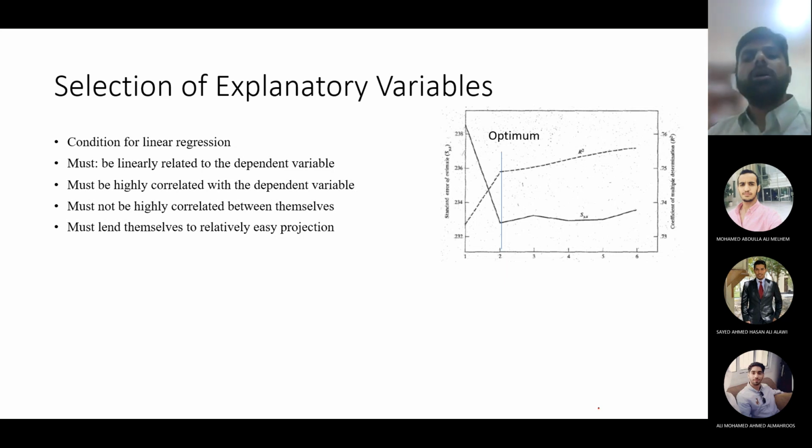Okay, so the variables which you are putting in the equation as inputs must be something which you can easily project, or must be something which you can easily estimate, or it is available. Okay, something which you can easily estimate or it is already available. Only include those variables as inputs. Okay, otherwise finding out the input variables will be a hectic task as well.